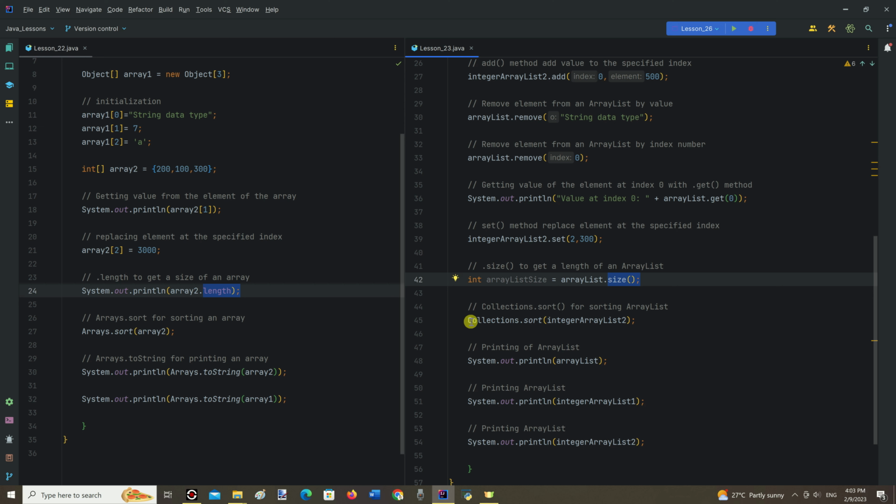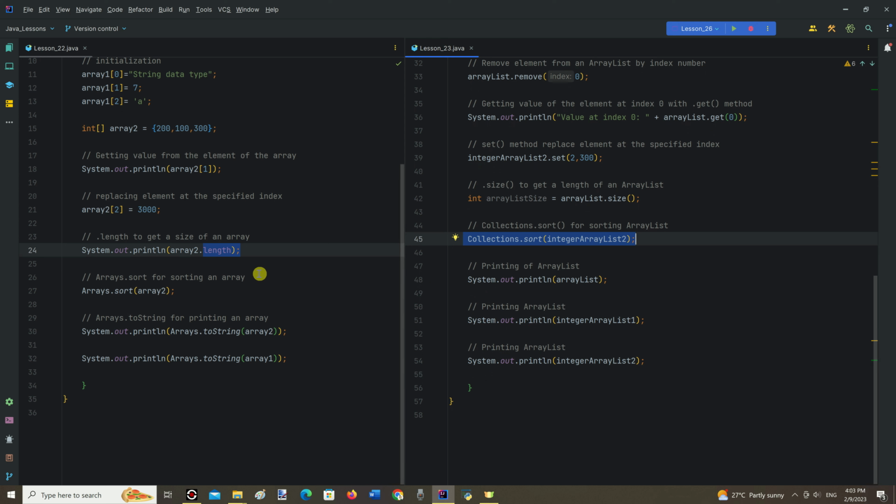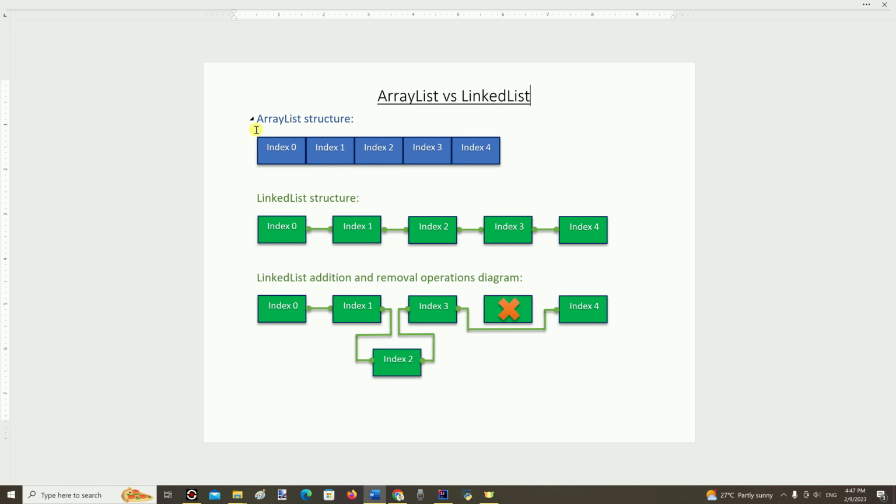Collections class with method sort we use for sorting an ArrayList as well as LinkedList and so on. And Arrays class with the method sort we use for sorting arrays. For printing an array, we use Arrays class with method toString, but we print collections just by their names.